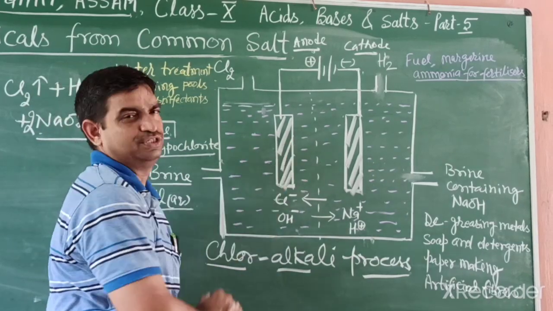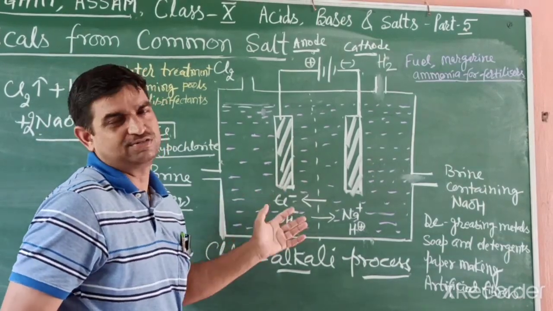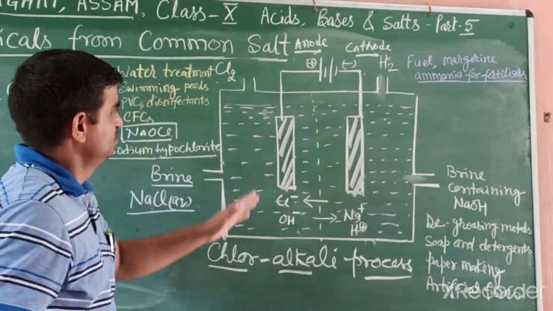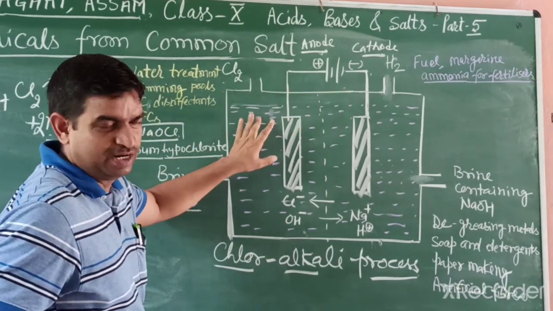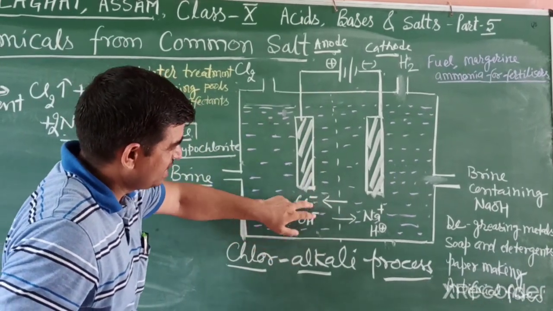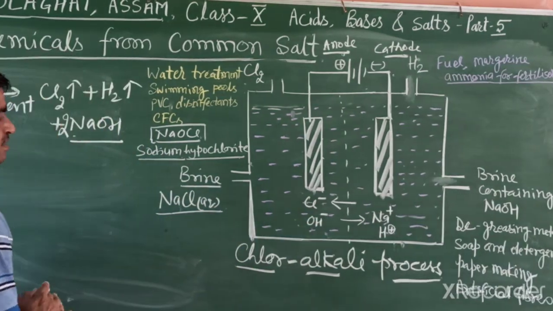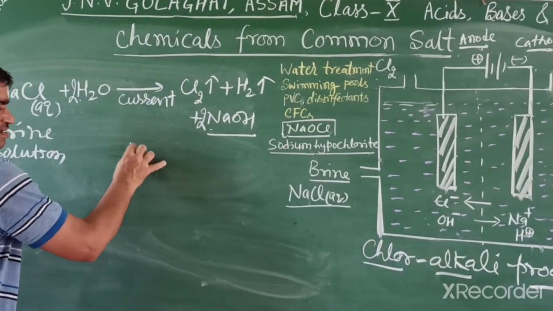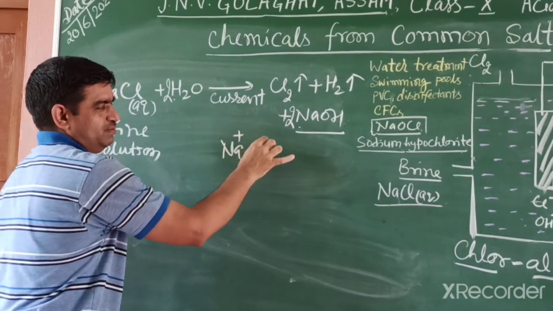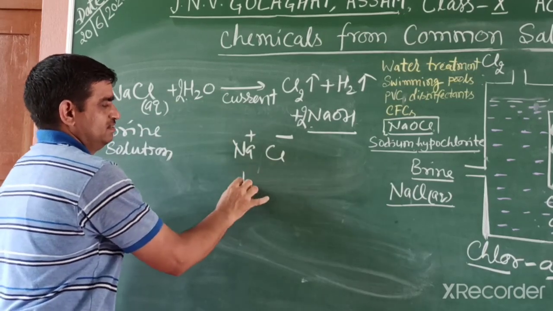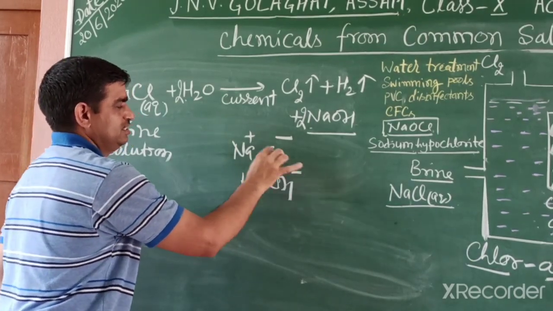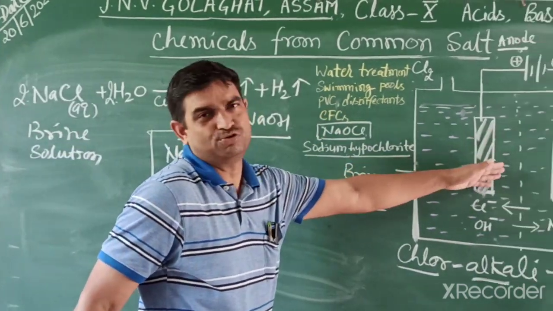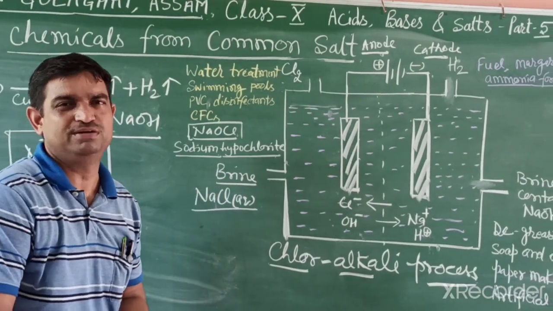So how does this process happen? This process is known as electrolysis or electrolytic. When we pass current, this process occurs. Negative ions move towards the positive electrode. When you dissolve salt in water, we get separate ions, because in salt there is NaCl, positive sodium and negative chloride, and water gives H and hydroxide. These four ions we have when we pass current. And the electrode we are taking is a carbon electrode, used only for passing current.